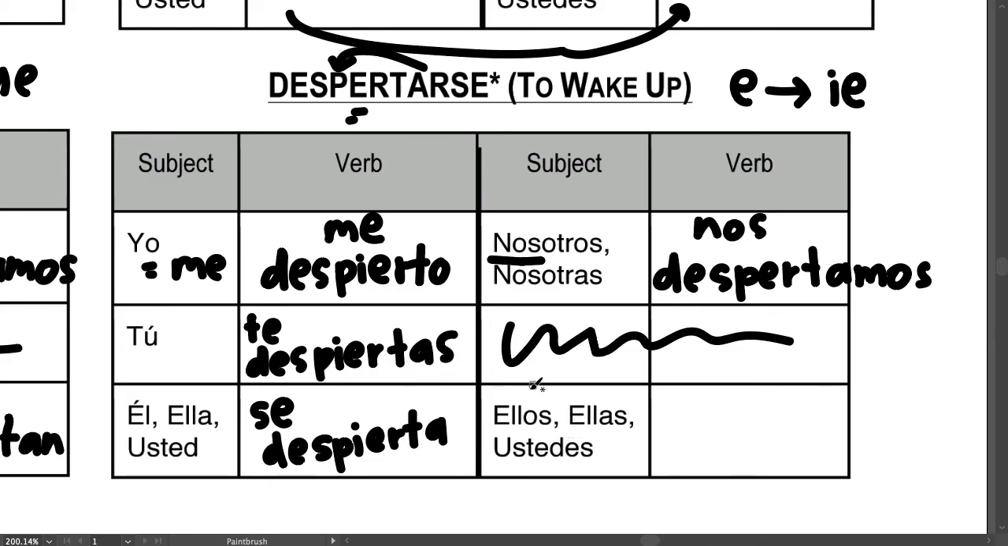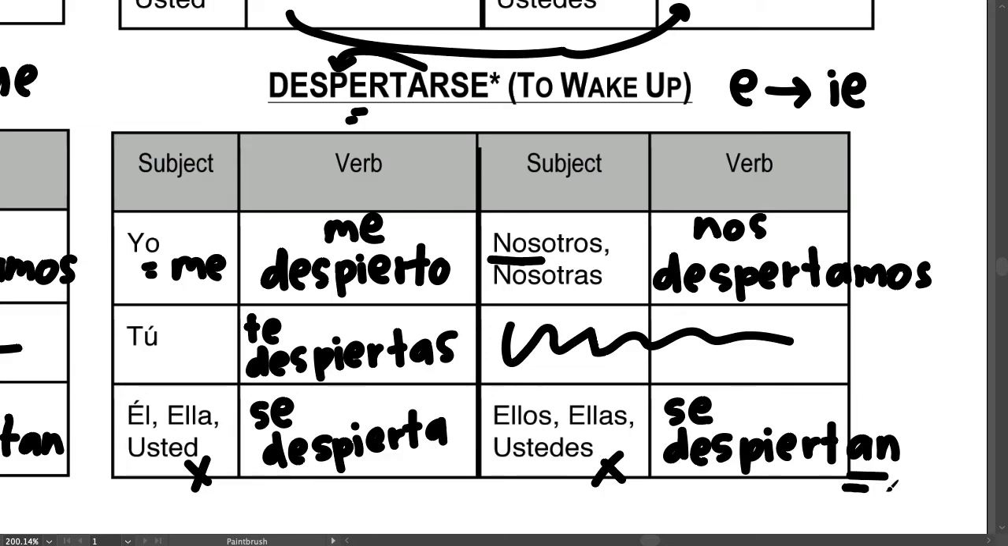Finalmente, ellos, ellas, ustedes. We're going to use that se again because we use se here. We're going to go back to a stem change. Despiertan. Sorry for that weird jump and cut there, guys, but I decided instead of me continuing down that PDF file the way I was doing,